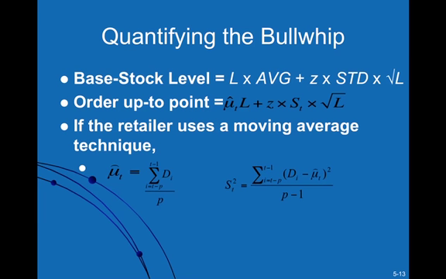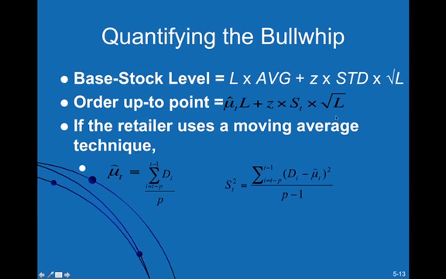the base stock level, which is the target level for your stock, is really the average demand during the lead time plus some safety stock. And if you look here, you'll see that the safety stock is a function of the variability of the demand and the lead time. So any changes in demand variability or perceived variability of the demand could affect the base stock levels, in which case it affects the amount that the retailer will actually order. We have an order up to point.